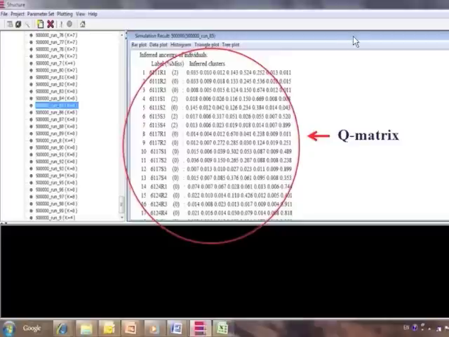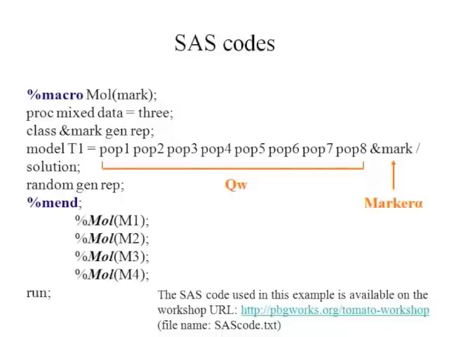And if you scroll down the output at the right window, you can find the inferred ancestry of the individuals. That is the Q matrix you need. With that Q matrix, you can correct the population structure by adding the Q matrix in your association analysis model. Here, this is the code we use, and in the model statement here,